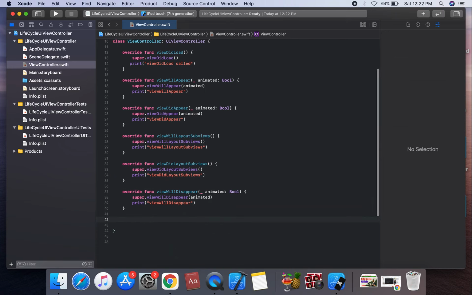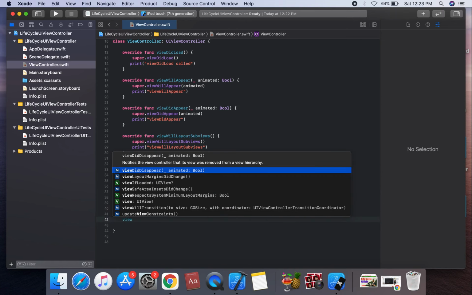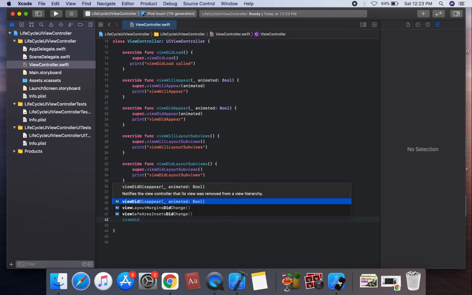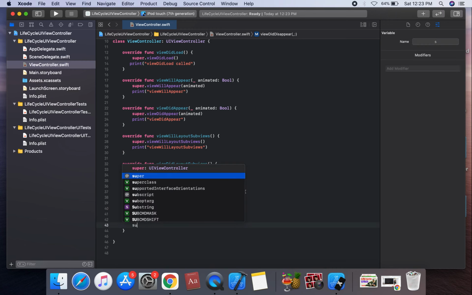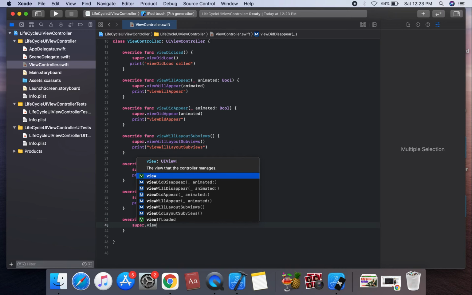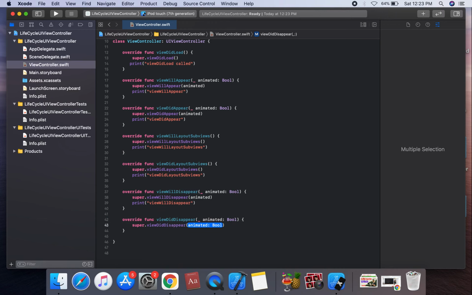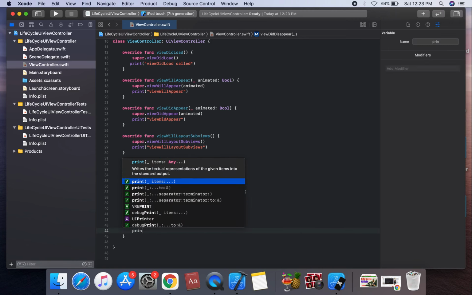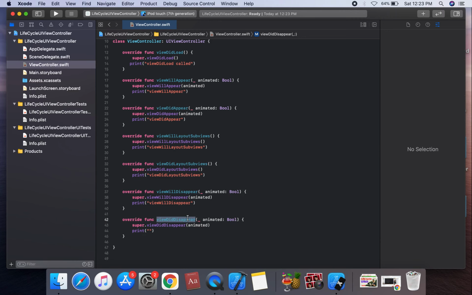Another function is viewDidDisappear. You should call super.viewDidDisappear with animated, and we can create a print statement: viewDidDisappear. When viewDidDisappear is called, the view controller has gone from the user's view and has already disappeared.